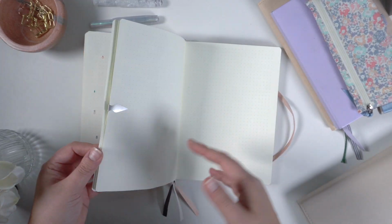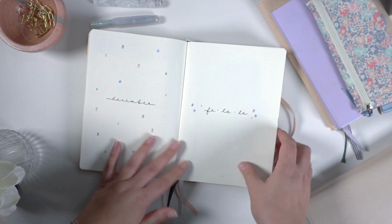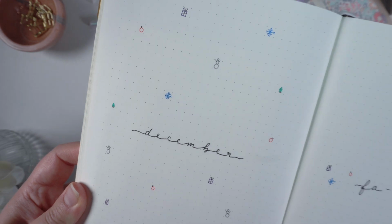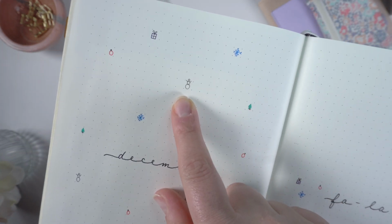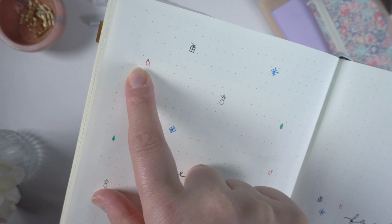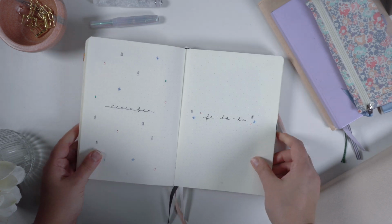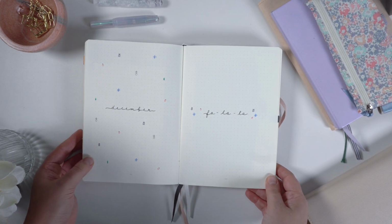So we're in December now, so I still have quite a bit to fill out. So wish me luck. I do love how December turned out. Actually, if you can see all the little doodles that I did: a little gift, little snowflake, a little snowman, a mini tree, and a little bubble. I love how that looks. So I'm gonna have to fill out my good memories here as well